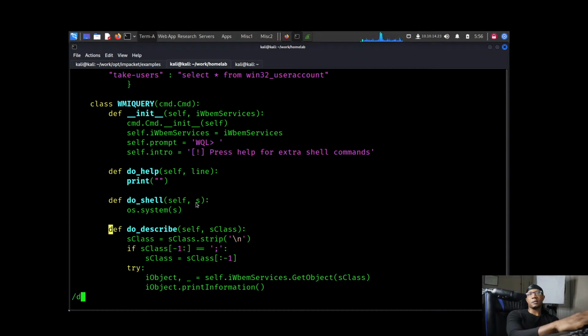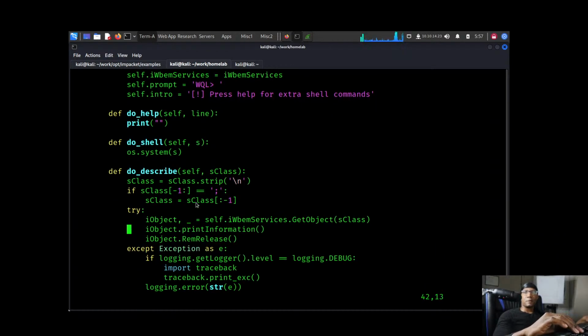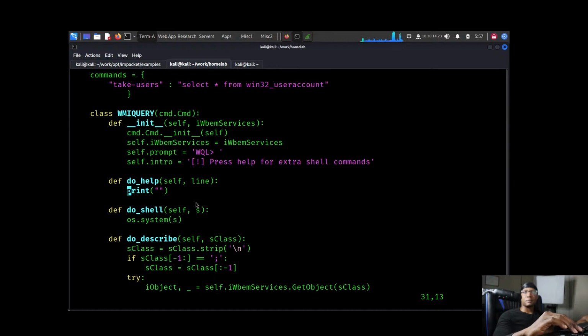So we'll just do that. Do shell. Next. Is that the only place it's being used? Okay, whatever. Maybe I don't understand Python classes very well, but